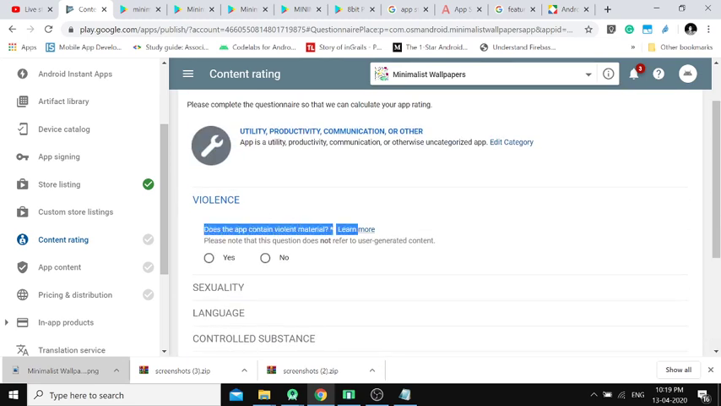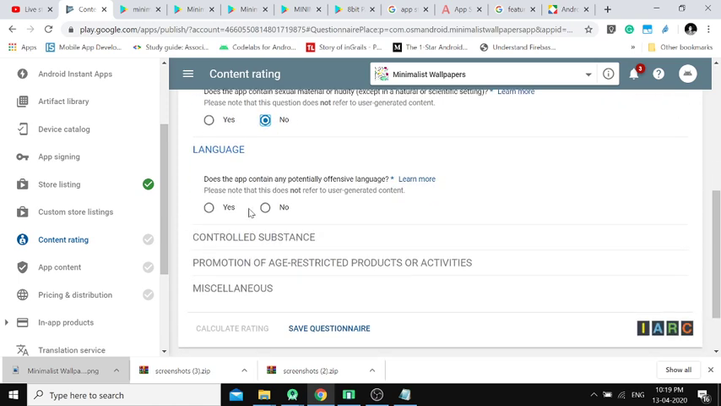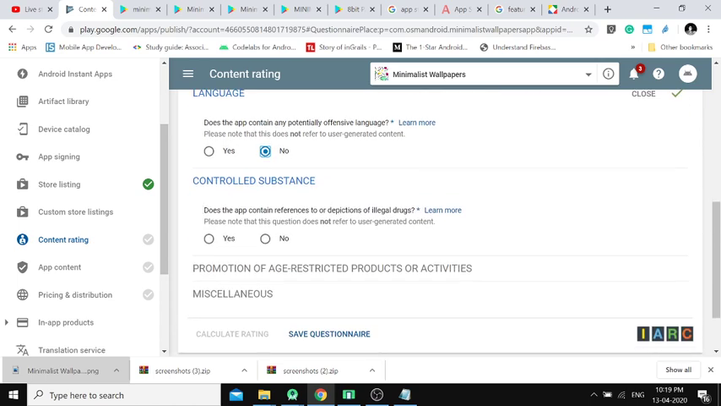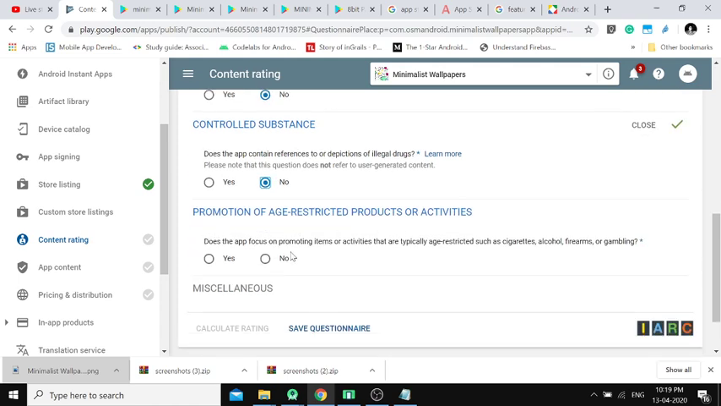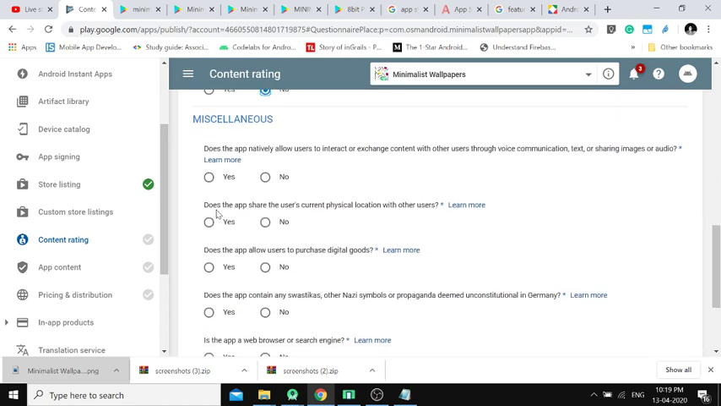So does the app contain violent material? No. Does the app contain sexual material or nudity except in natural or scientific settings? No. Offensive language? No. Controlled substances, references or depictions of illegal drugs? No. Promotion of age restricted products or activities? No. Miscellaneous. So this thing here,